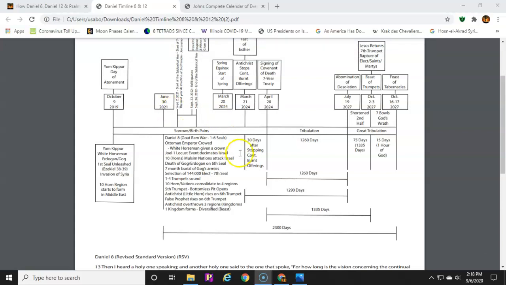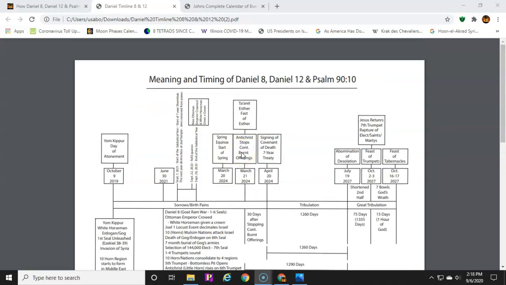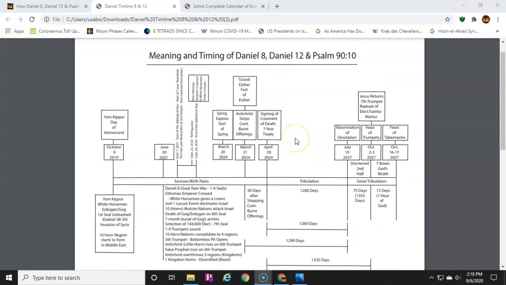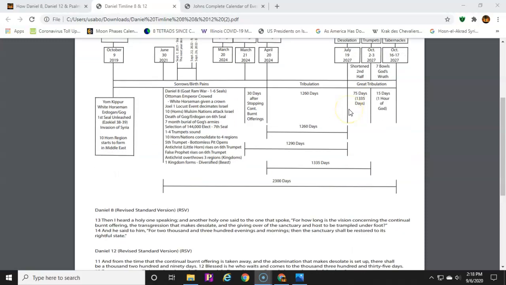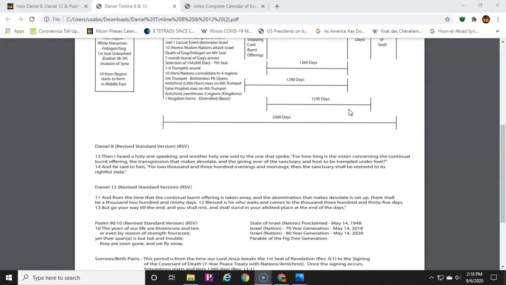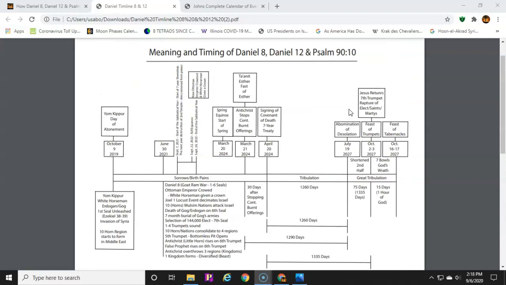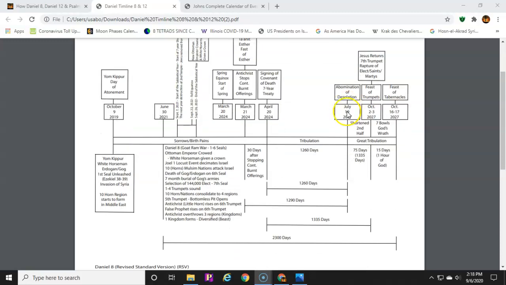Okay, so that's how this chart works. Yes, I know nobody tells you you can't pinpoint days and things like that. I'm not trying to do that. I'm just working off of what God tells us in these parables. You can go look at all these different things that I've written, or wrote articles about or done videos on. But if that is the case and Erdogan did go into Syria and invaded on Yom Kippur, started that catalyst, in the last 8 months we've started to see that breakdown. So we're starting to move in this timeline into June 30th, where I believe these 2300 days are starting.